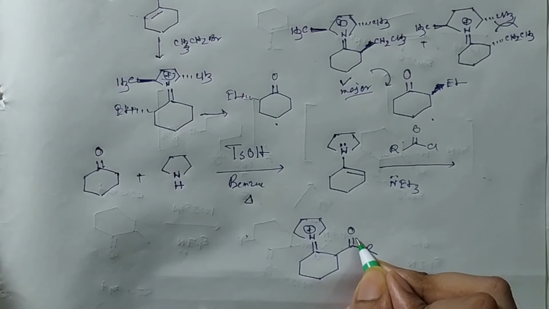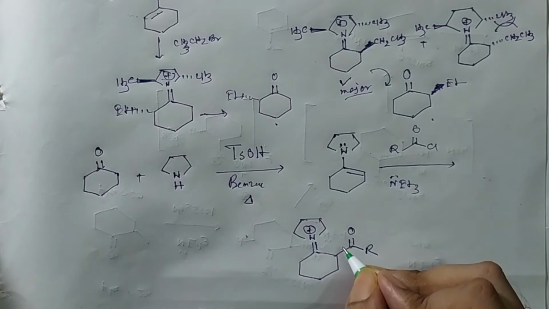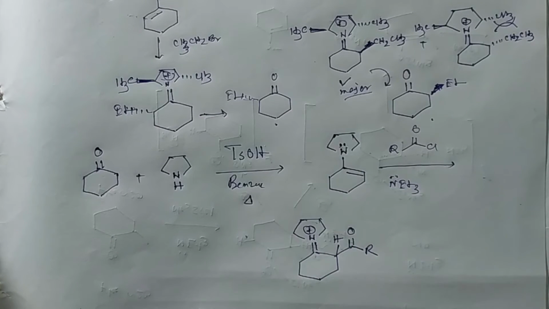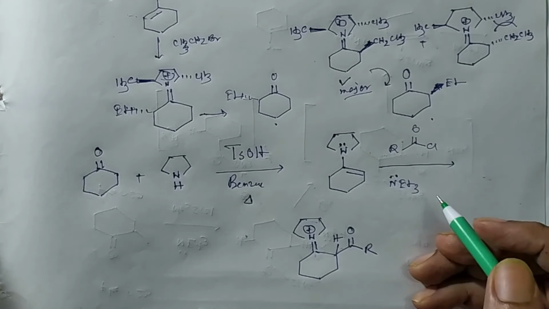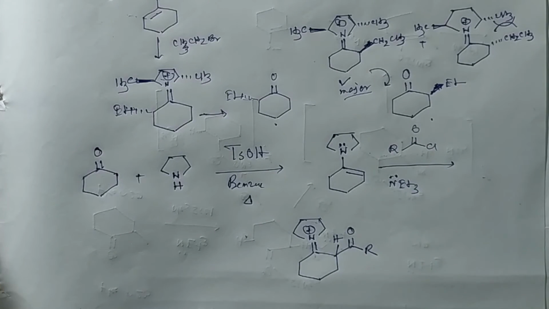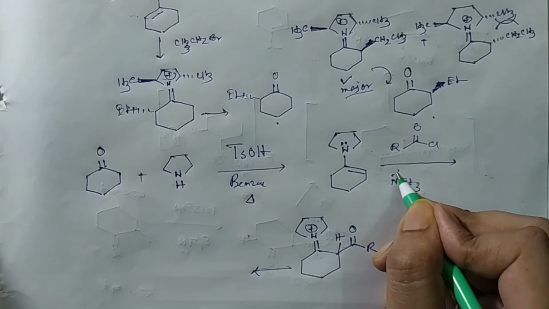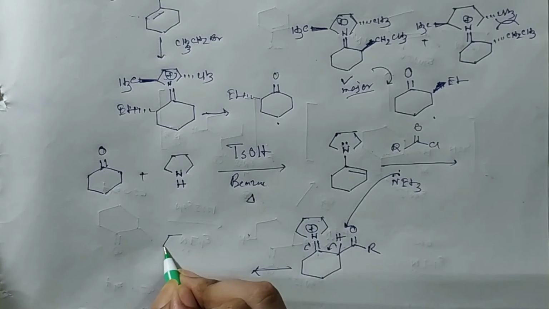Here you can see that this is a carbonyl and this is also equivalent to a carbonyl, because this is C double bond N plus. So here there is also a proton which is doubly activated, so this is a very acidic one. In the previous alkylation, no base was used, but here a base is used just to capture this proton and give this kind of substrate. So this base captures this proton, this comes here, this goes here, so you get